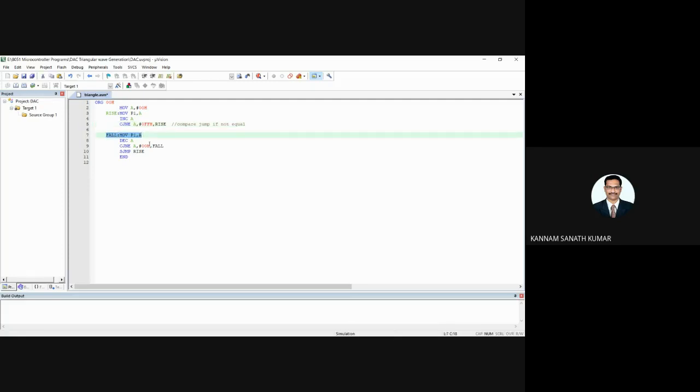So the fall of the triangular wave means, now what is A? A is FFH. So FFH you are initializing to port 1, and after that you are decrementing. That means rise and fall. So again the accumulator becomes FEH. Again you need to use this instruction, compare jump